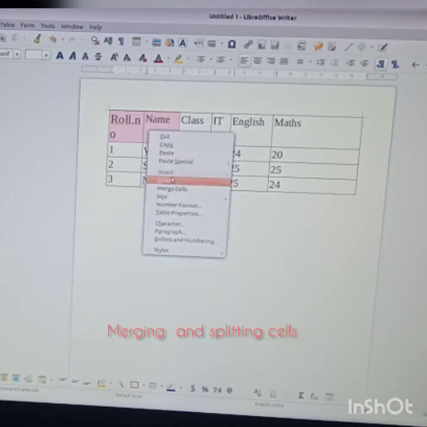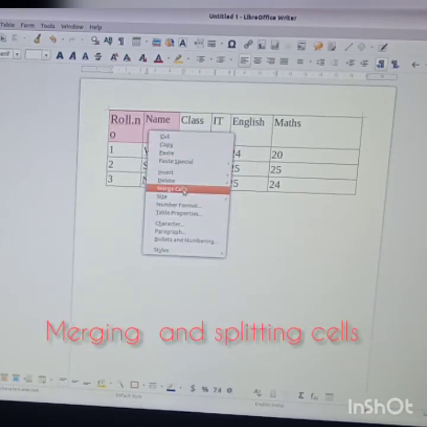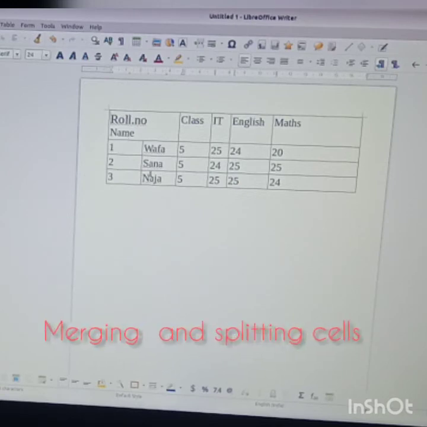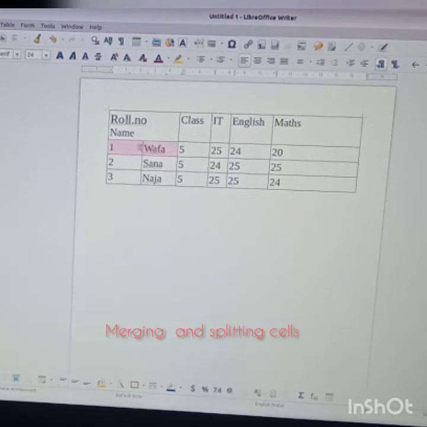Now right click and see this merge cell. Cell means 1 column, right? So 2 columns selected and I click merge. What happened? See that line gone and that 2 names became 1. Roll number and name. So this is merged. Can you see children? Now again if you want to merge these 2, what we do?